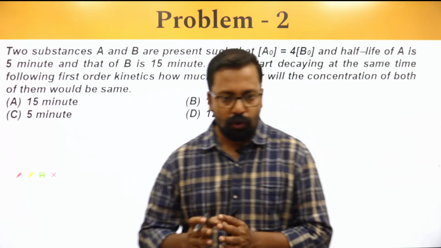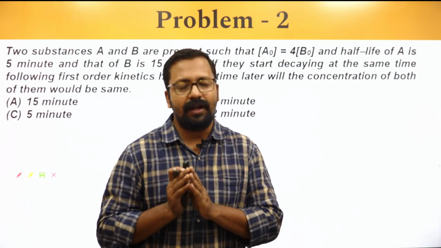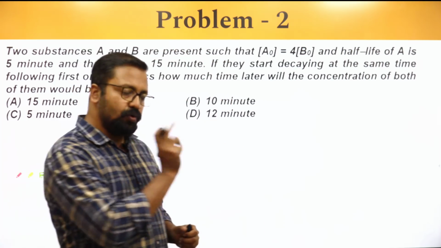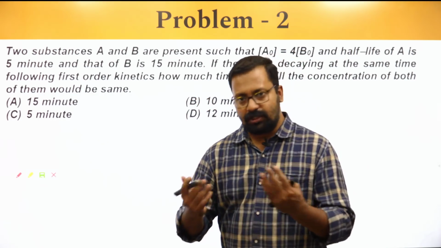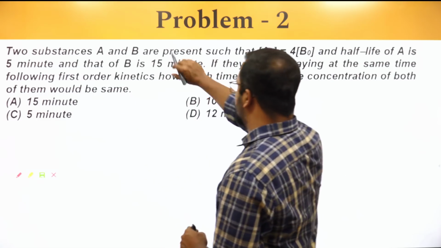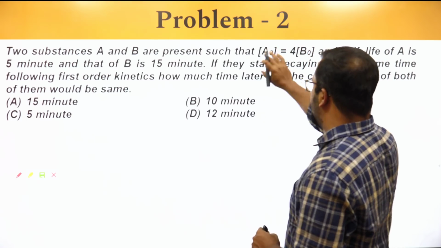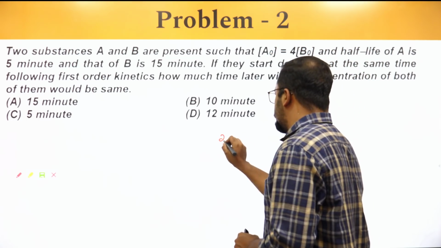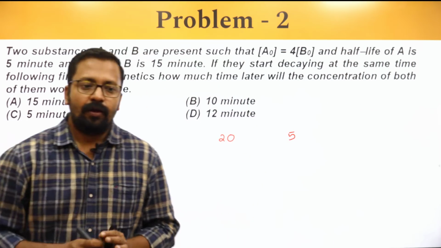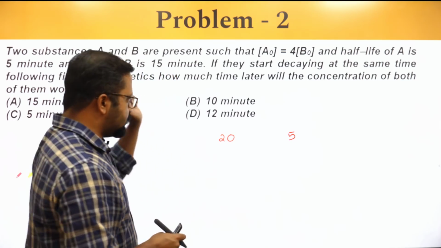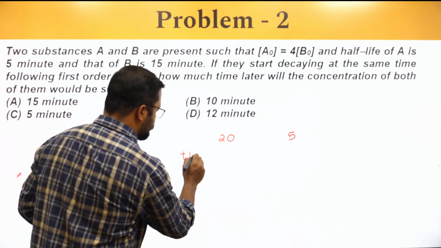Now this question can be solved in two ways. One way is that you use the equation to solve this question. One way is that you follow the equation logically. So let's say we choose an amount of A which is 4 times that of B. So let's say we choose the amount of A as 20 and B as 5, and after first half-life,